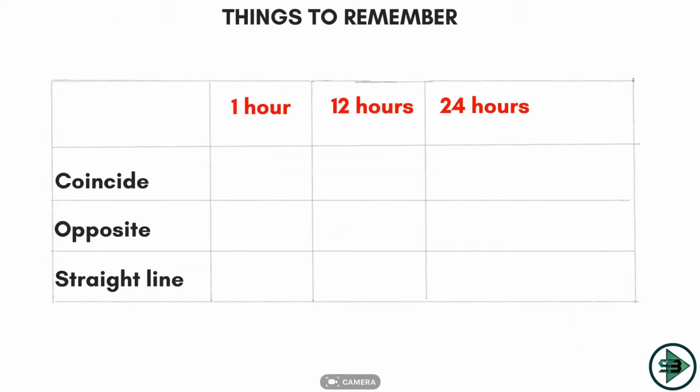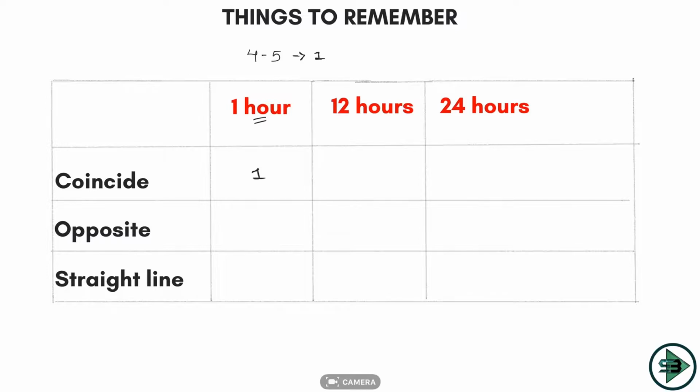Things to remember. Okay, so whatever we have learned till now, let's apply all of them and understand and memorize certain things, because these are direct questions which will be asked to us in the exam. Okay, so let's understand them even better. We have known that in 4 to 5, in that 1 hour, how many times do the two hands of the clock coincide? Once, right? We know the time as well, 4 hour 21 minutes 49 seconds. So in 1 hour, let's say between 5 to 6, 6 to 7, between any 1 hour, how many times do the two hands of the clock coincide? Once, we know that.